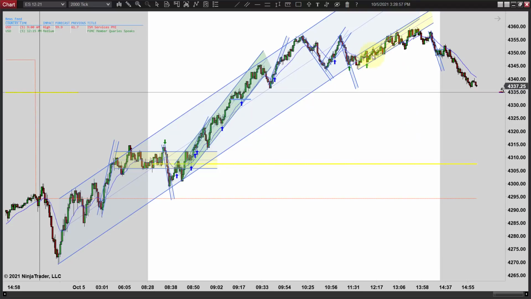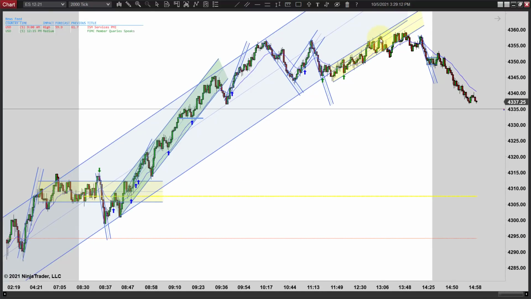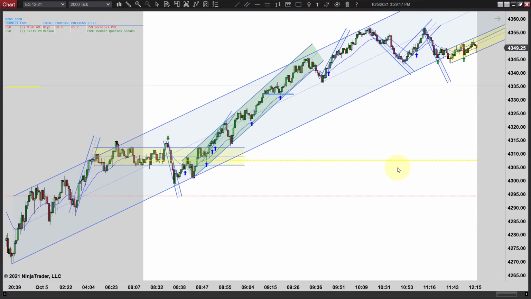Now, obviously, if prices are still trending up here and you get some short trap or something that gives you a good setup, don't be afraid to go long, especially on a strong trend day. But on an average day or a range day or a weak trend day, or even on a trend day like today, once you get those two legs to a new high, just make sure you've got a really, really good setup.